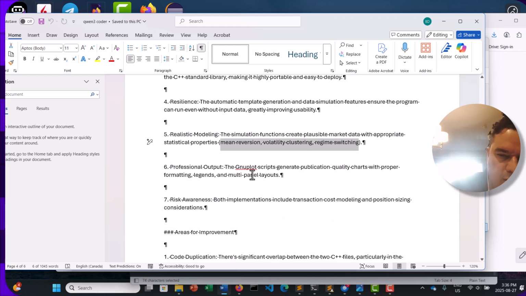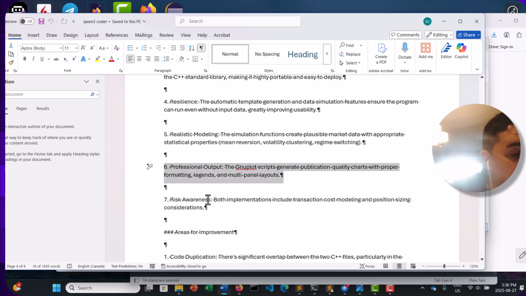Again, with a professional output, gnuplot scripts generate publication quality charts with proper formatting, legends, and multi-layered layouts. Now, to me, they're not that great, but thanks to this AI thinking, it's great. But if you really want to go top notch, you can use other methods. As I said, you could use Lightning Charts with JavaScript. You could use